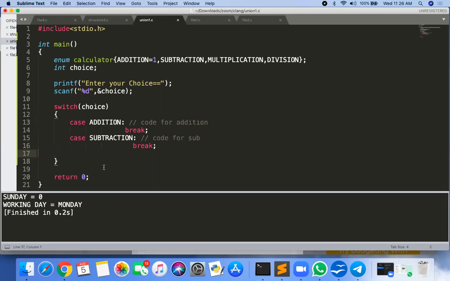Now this program becomes readable. Now your program is more readable. Instead of using case 1, what is 1? If I forgot, if I write a very long program and forget what the user entering 1 means, you have to remember. But instead of that, if I'm using enum, then instead of 1, I'm using addition only. But in the background, the code is the same. Case 1 is there, case 2, case 3, case 4, like that. Getting now?